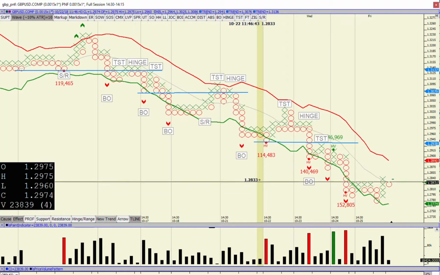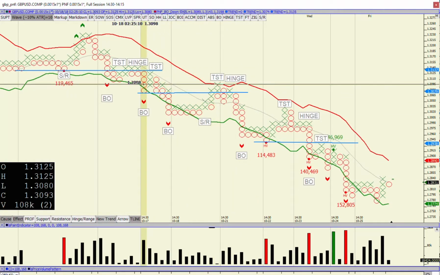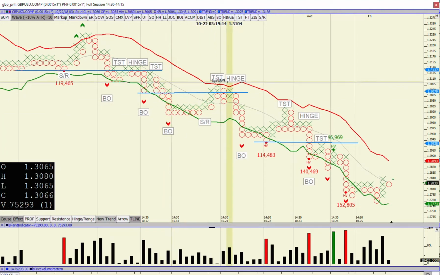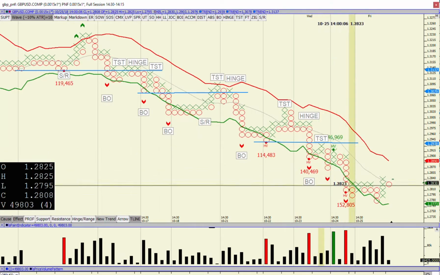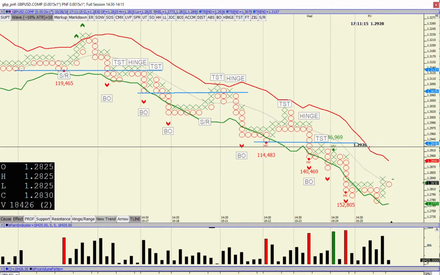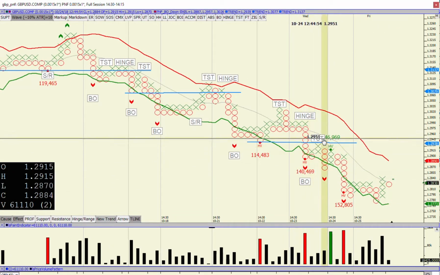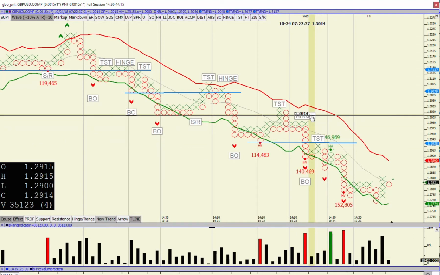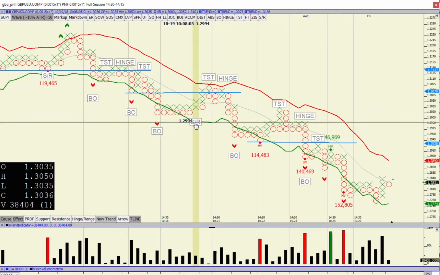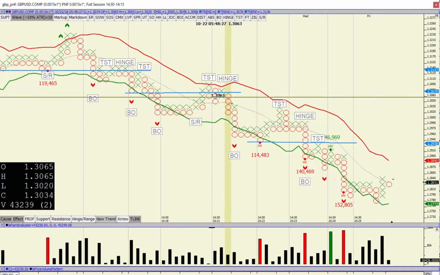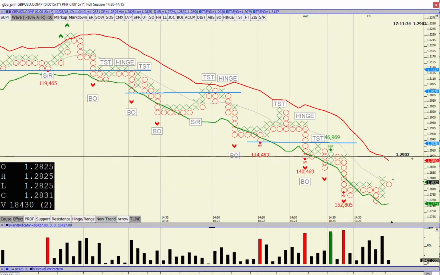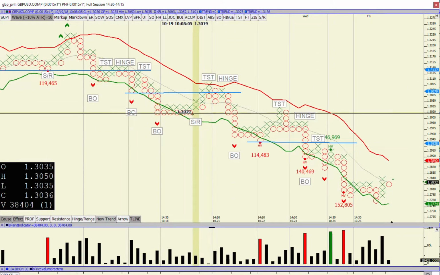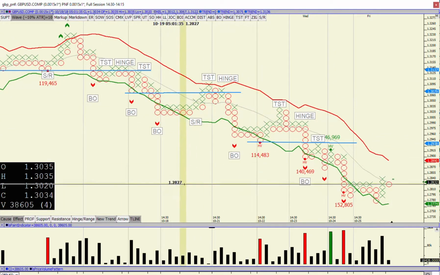But the point here, again, I'm not going to get into all that. Breakout, test, breakout, test, breakout, test, breakout, test. All right, and then add hinge, add support. You should also have support and resistance. So support and resistance, breakout, test. Support and resistance, breakout, test. So these are the basic concepts,